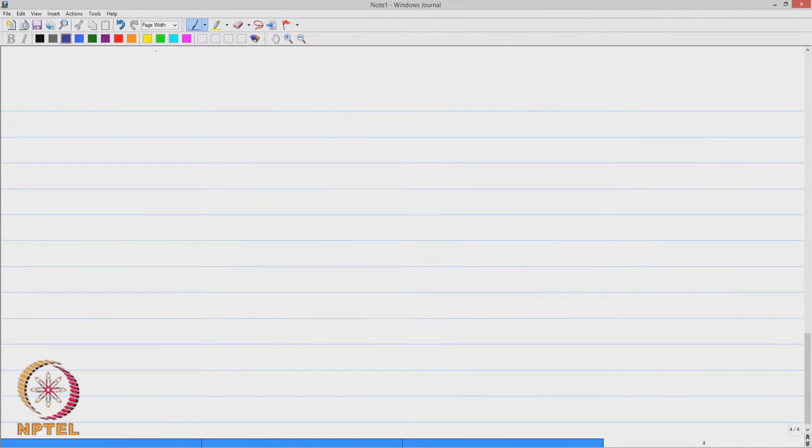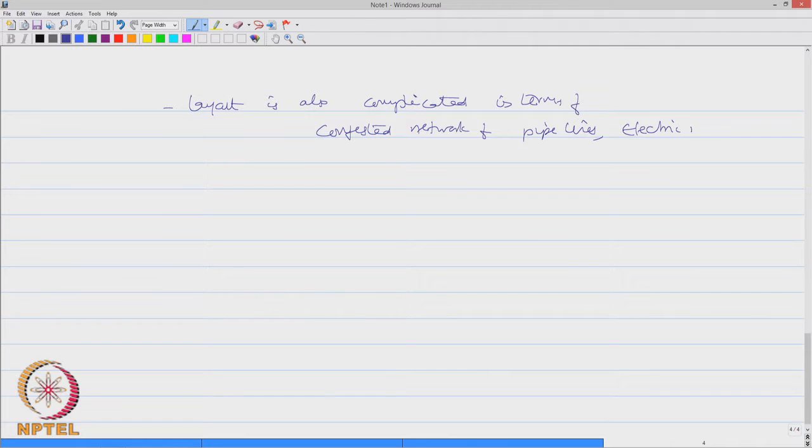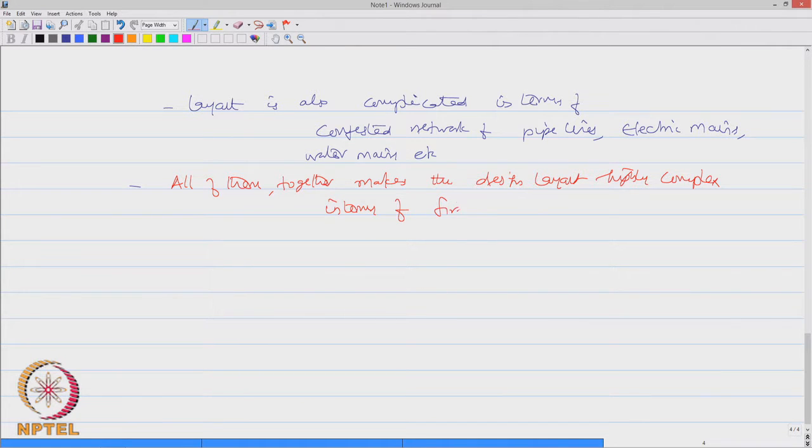Further, the layout is also complicated in terms of congested network of pipelines, electric mains, water mains, etc. All of them together makes the design layout highly complex in terms of fire resistance,